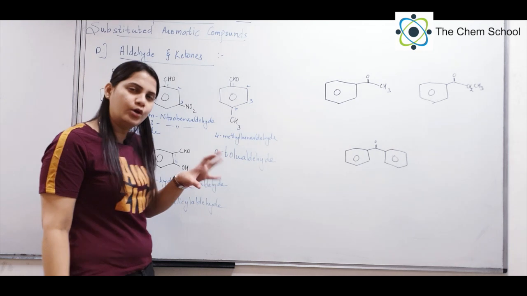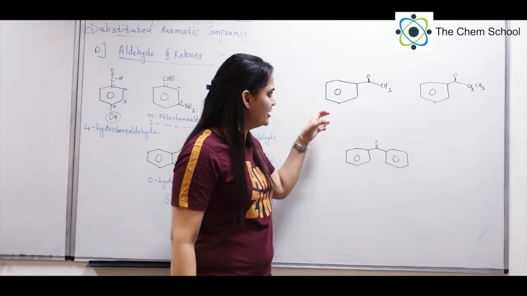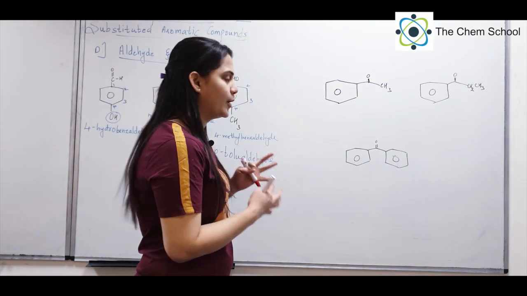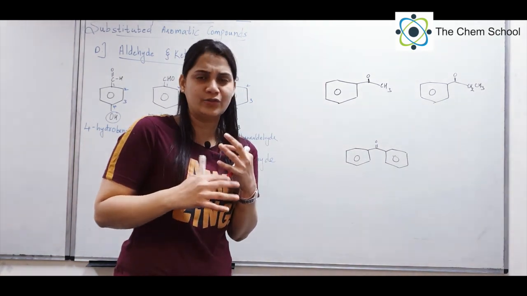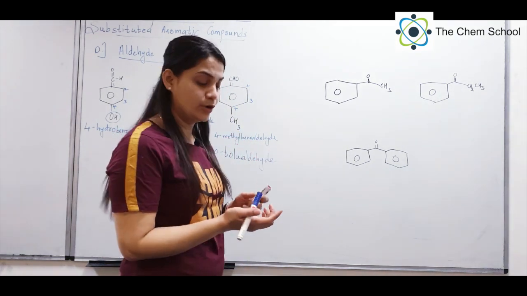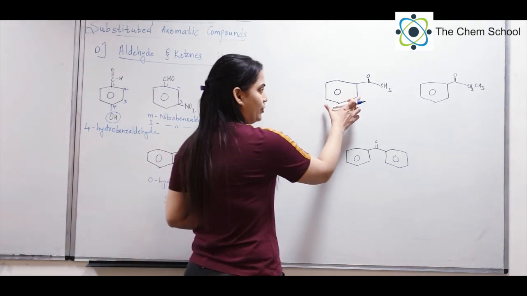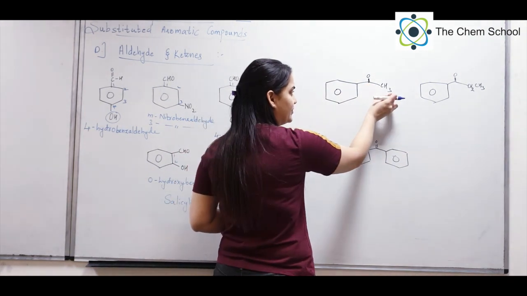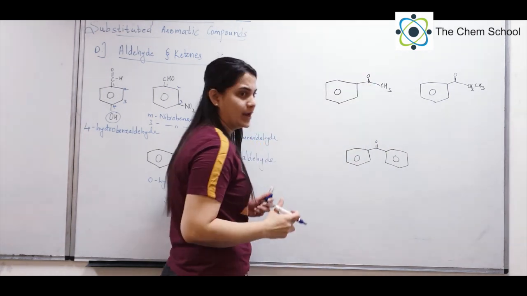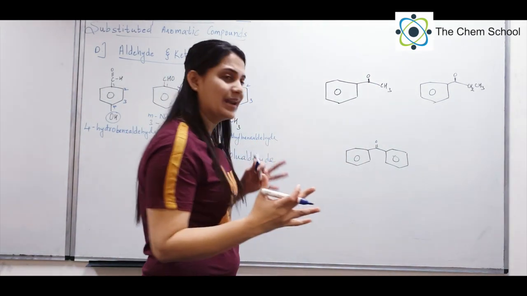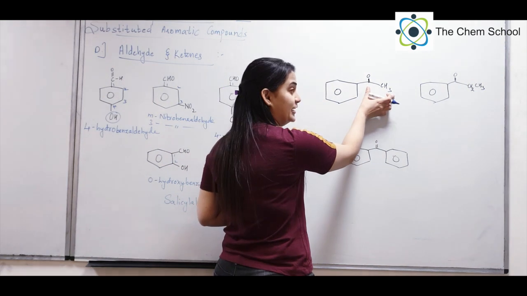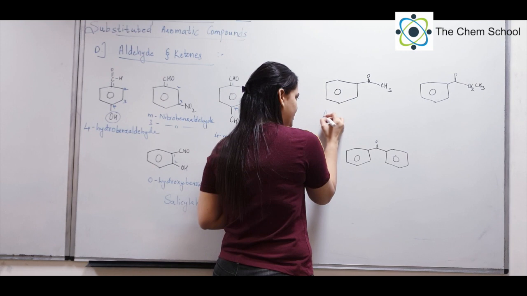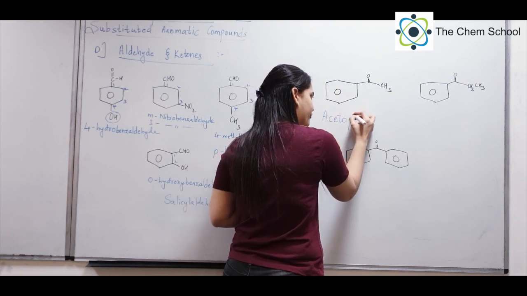So let's have a look at some of the ketones. I have already spoken about these two names and have taken one more extra. Why? Because we are talking about ketones and these names are important, so I thought we'll repeat it once again. Have a look at the first one. Now if you have benzene with C double bond O, that is called benzo, and if you have CH3 with C double bond O, it is called aceto, right? So we will club these names together and this is called aceto and phenyl. So phenone for ketone. So this becomes acetophenone,